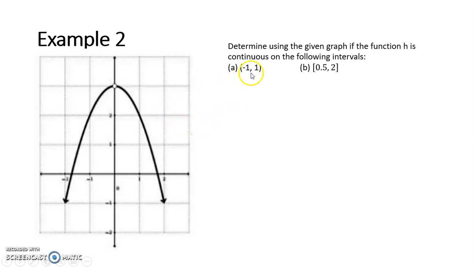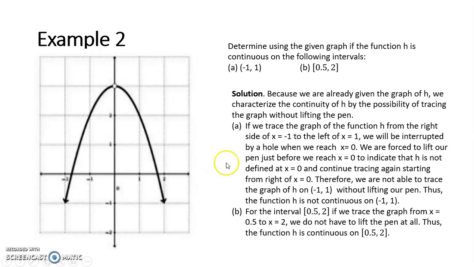Example 2, determine using the given graph if the function h is continuous on the following interval: a, -1, 1, b, including 0.5 to 2, including 2. Solution. Because we are already